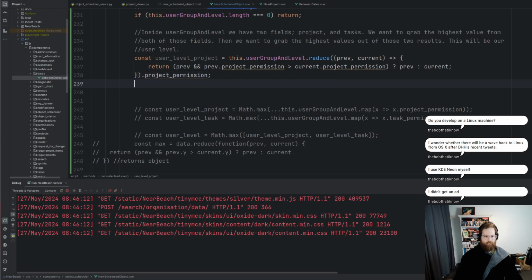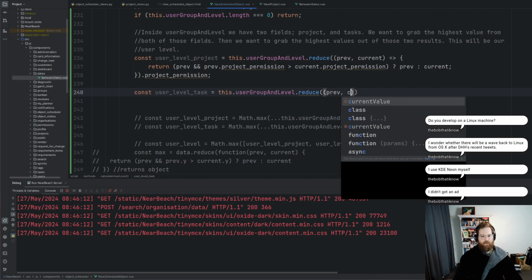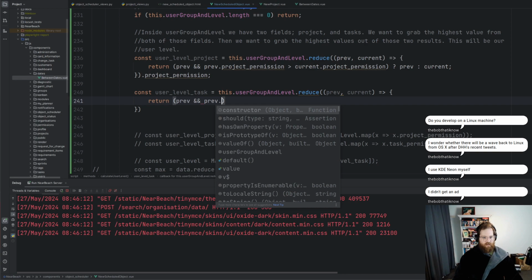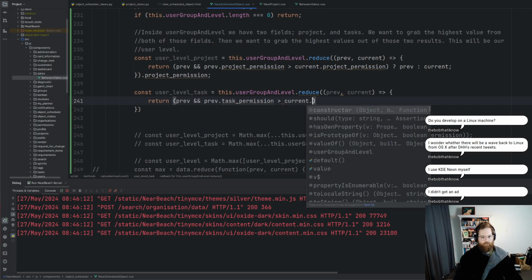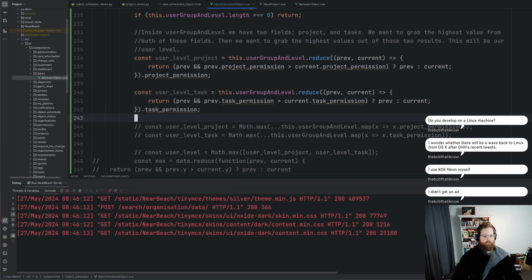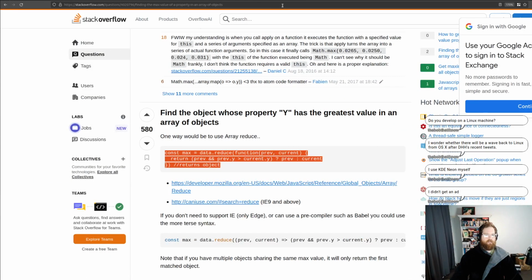All right, let's go const userLevelTask equals this.userGroupAndLevel.reduce. Once again, prev and current. We're just using our arrow function return prev and prev.taskPermission. And then taskPermission. And then I'm just seeing if there's a